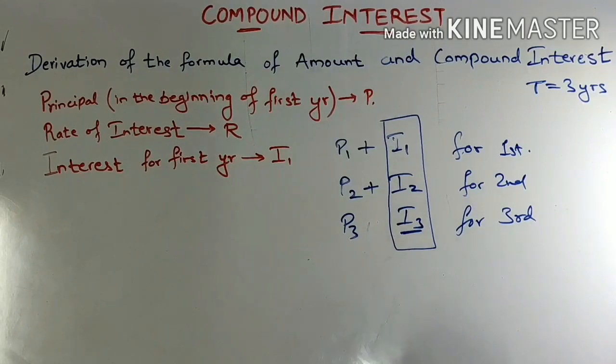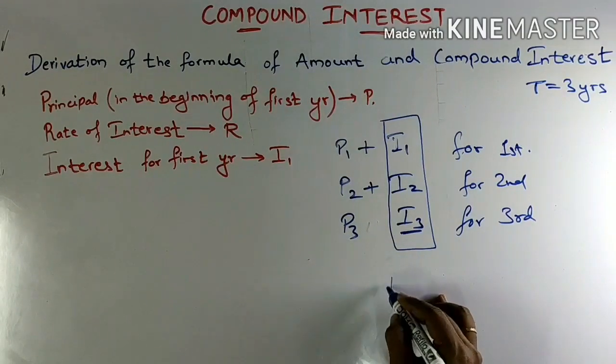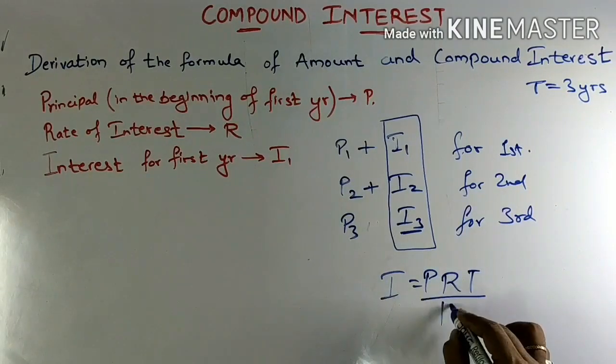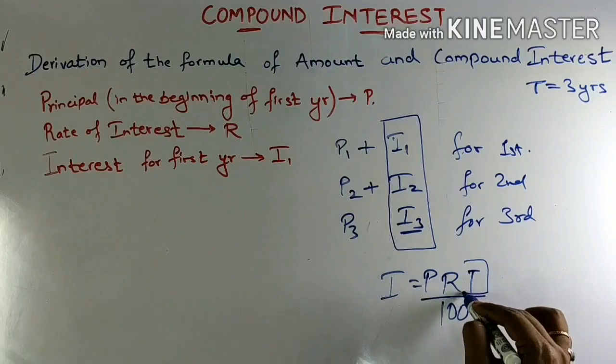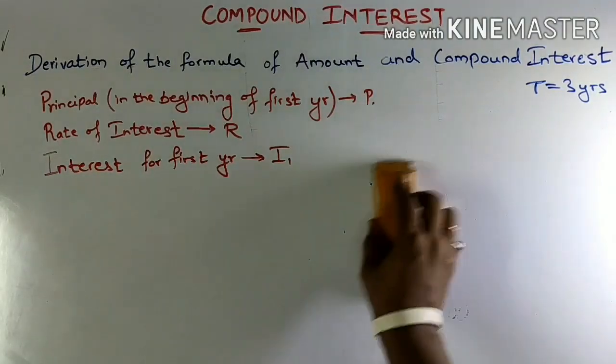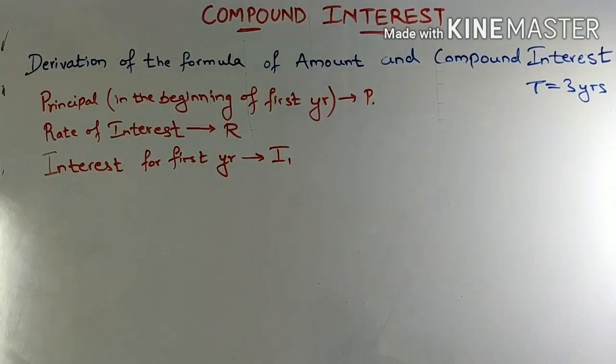which is different from simple interest method, where we find all the interests together by putting in the formula I is equal to P into R into T upon 100, where T is directly taken as 3 years and principal remains the same. So now let's try and find a direct formula which will help us reduce our method.